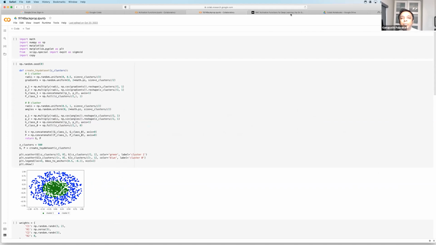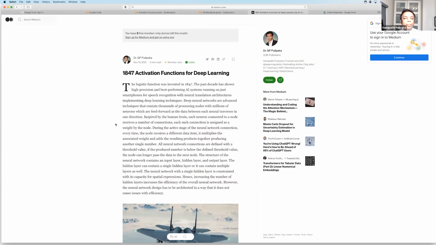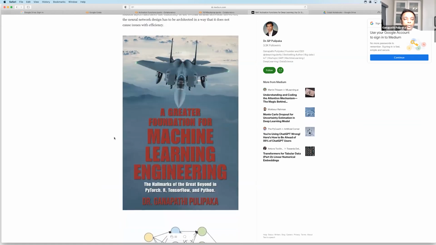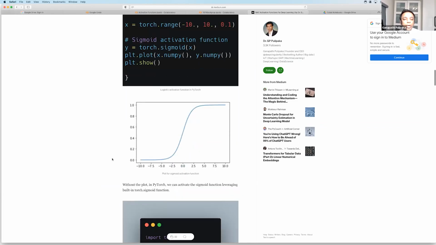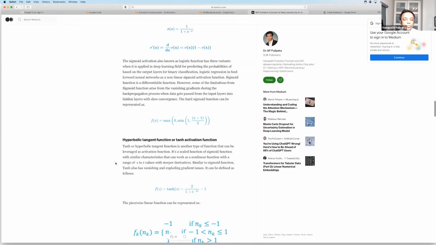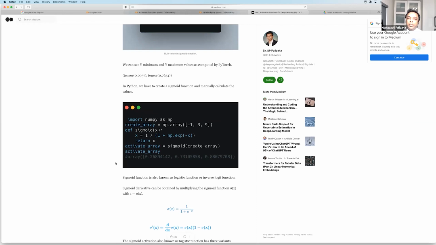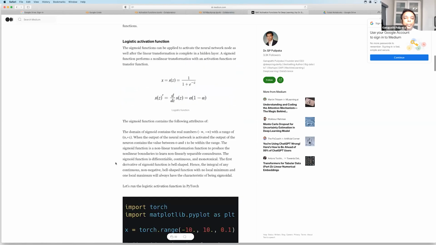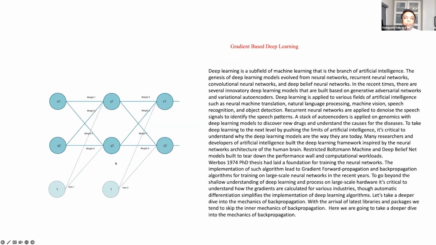So for example, how would you like to activate these neurons? We need to activate each neuron. So you can also refer to my articles as well. I put the code and sample examples so that you can execute this and understand each activation function and how we can activate. Similarly, I'll put all the articles so that you can reference them and go through them. That way you can cover a lot of topics. But today we're going to go through the whole neural networks.